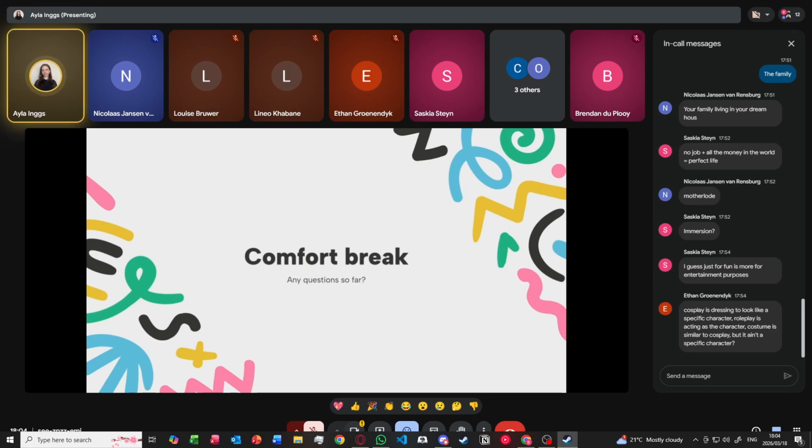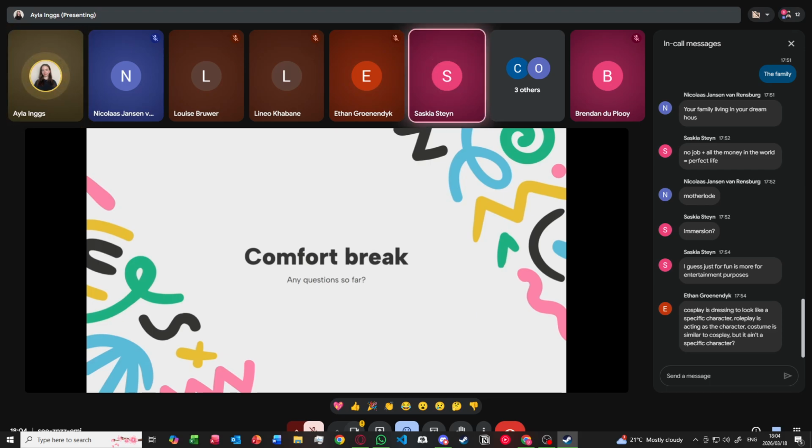What section was it? 2.2.1. 2.1, I think it's 2.1. Let me just double check. Defining the theme. Our document's a bit of a mess right now, so let me just go look at the spec.